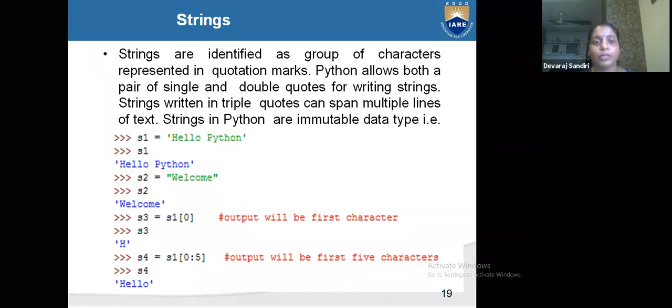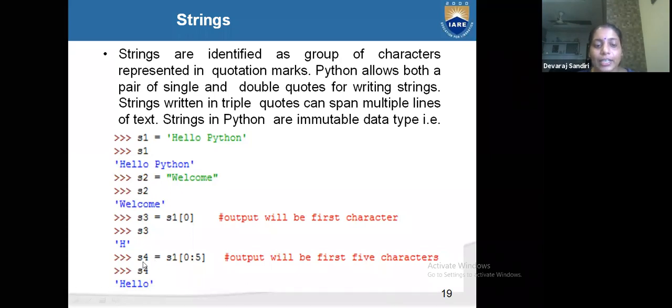So H comes under 0 1 2 3 4 5. Space is also counted as a number, 5 6 7 8 9 10 11. So here total 11 characters will be there. So it will start from 0 1 2 3. So S1 of 0 is H.